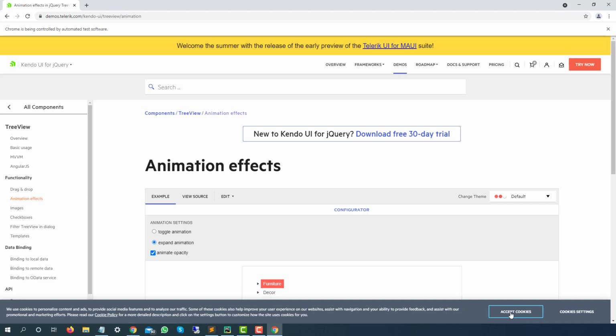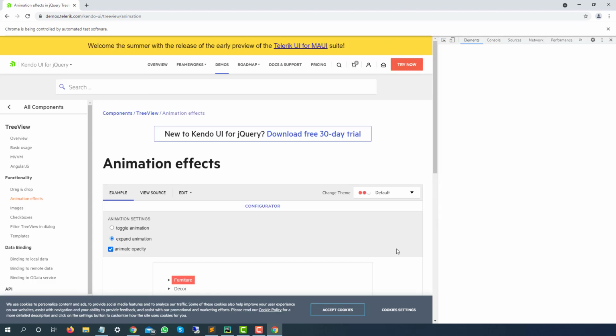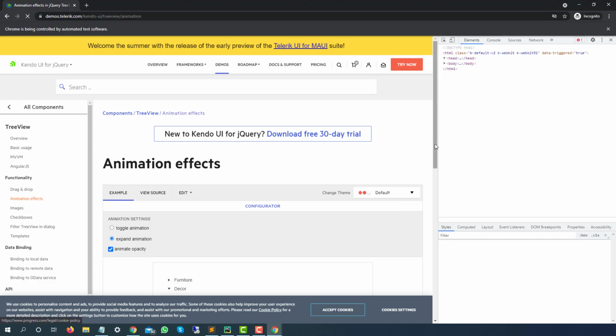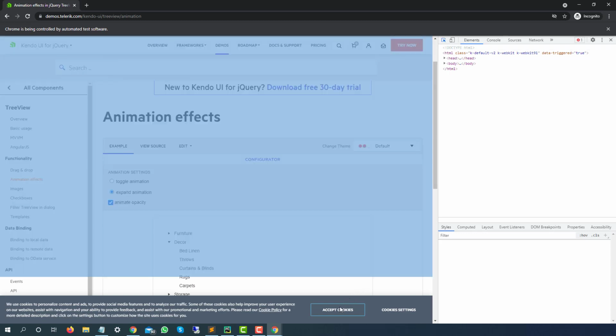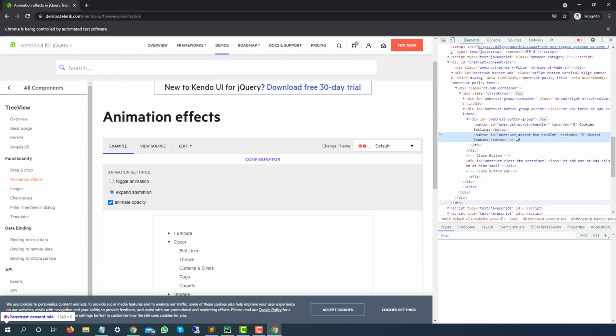How can we do that? Same thing, I will take the XPath of this particular web element. Consider this as a normal web element, guys. As you can see, now the page has been reloaded successfully. And let me do one thing. Let me click on inspect, and let me accept this part.